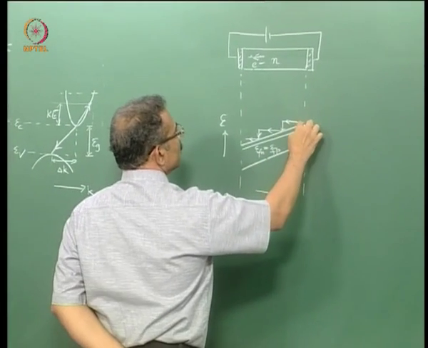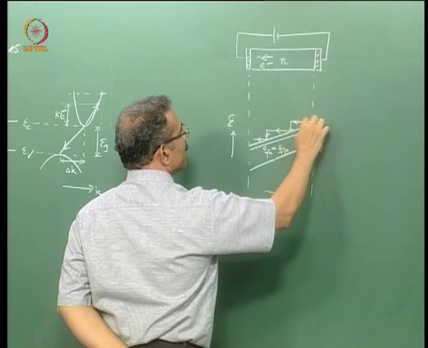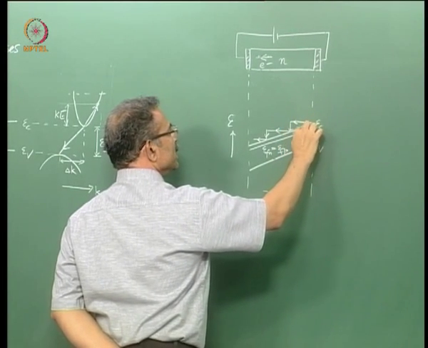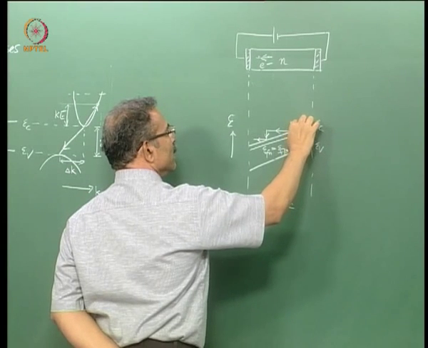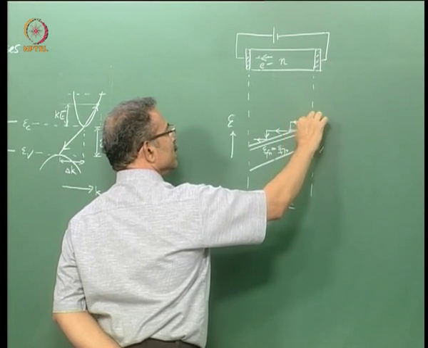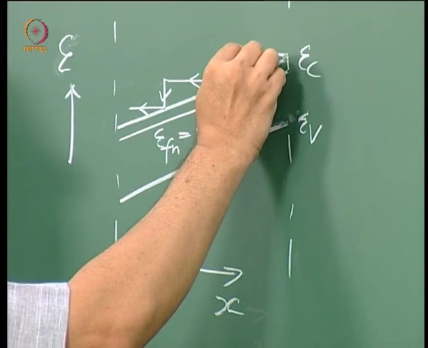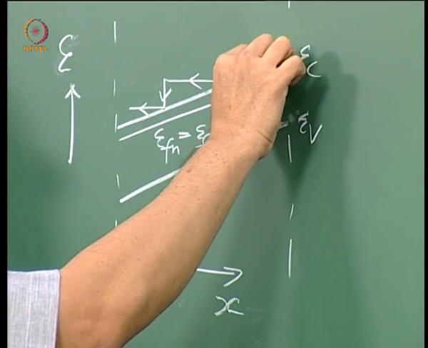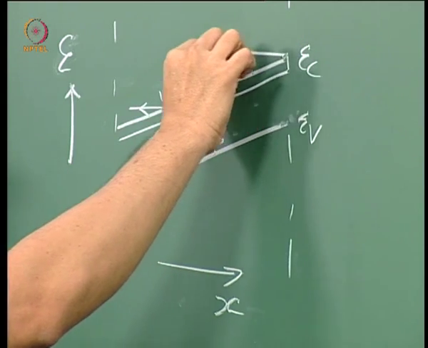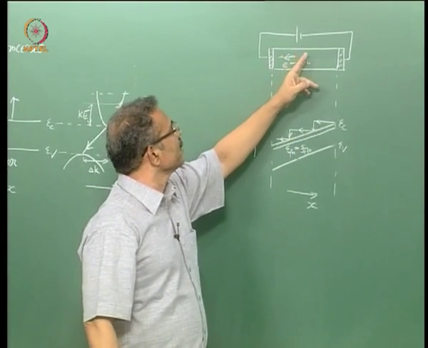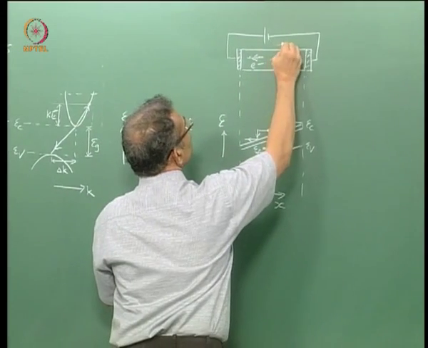So between two collisions its energy remains constant, but its potential energy is decreasing, so potential energy is being converted into kinetic energy. So the difference between the energy of the electron and the conduction band edge indicates the kinetic energy. So its kinetic energy is going on increasing, its velocity is going on increasing, because the electron is accelerating in response to an electric field which is there in this sample in this direction.